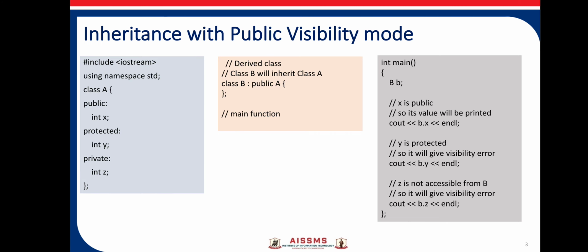Even though we inherit the class with a public mode, whichever contents are protected and private cannot be accessed with the help of a derived class. Because of that, the cout statement which shows b.y, that means we are trying to access the variable y from the base class which is declared as protected, it is not allowed. Similarly, the variable z which we are going to access with the help of an object of class B, which is already described in class A, but it is in a private mode, that's why it is not accessible to class B also.